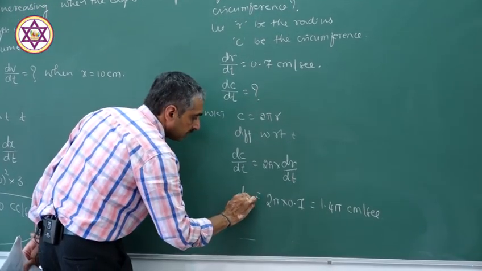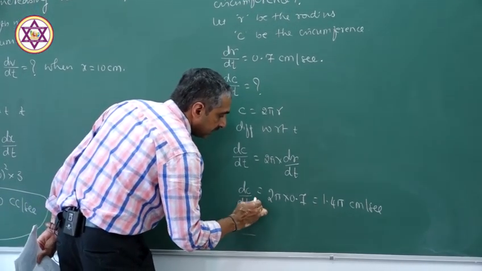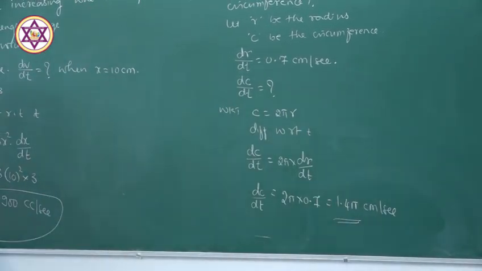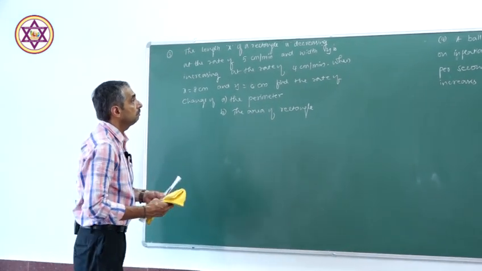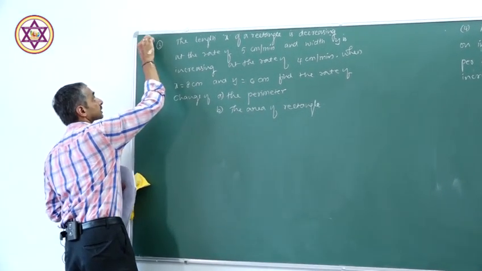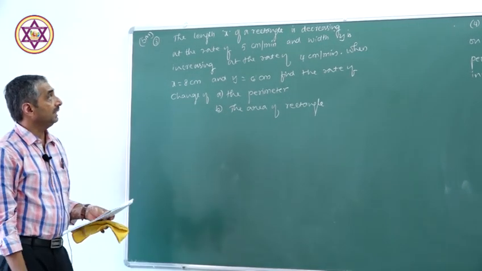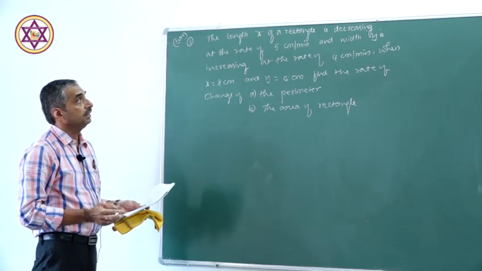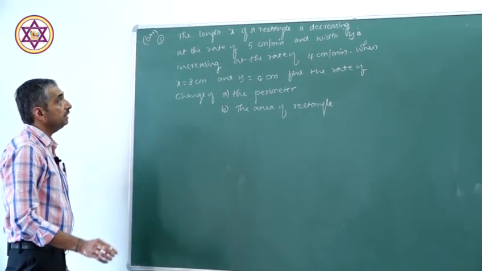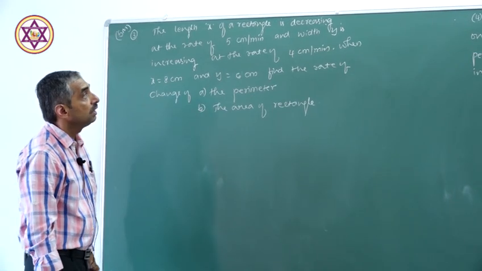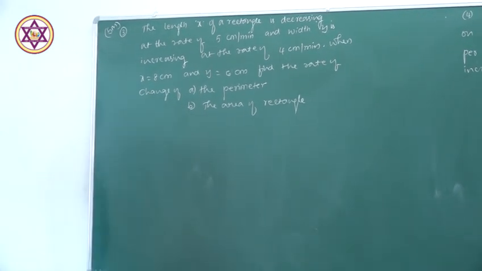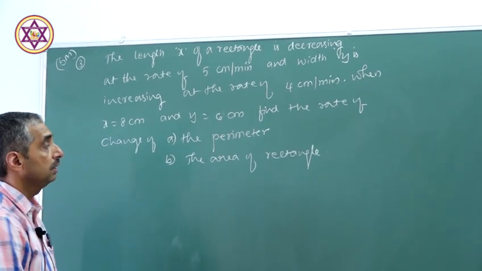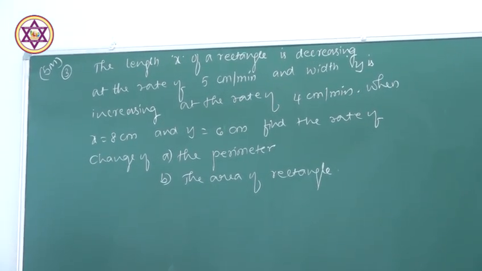So circumference changes at the rate of 1.4 pi centimeter per second. For rectangle, mark this question, 5-mark question in the examination. The length x of a rectangle is decreasing at the rate of 5 centimeter per minute and width y is increasing at the rate of 4 centimeter per minute. When x is equal to 8 centimeter and y is equal to 6 centimeter, find the rate of change of